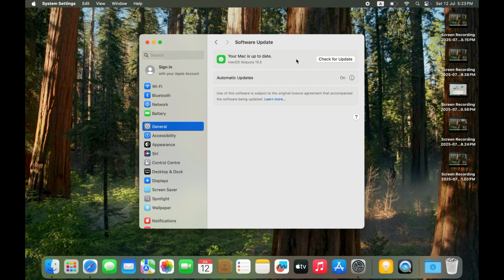And that's it. One of these solutions should help you to fix that "This connection is not private" error in